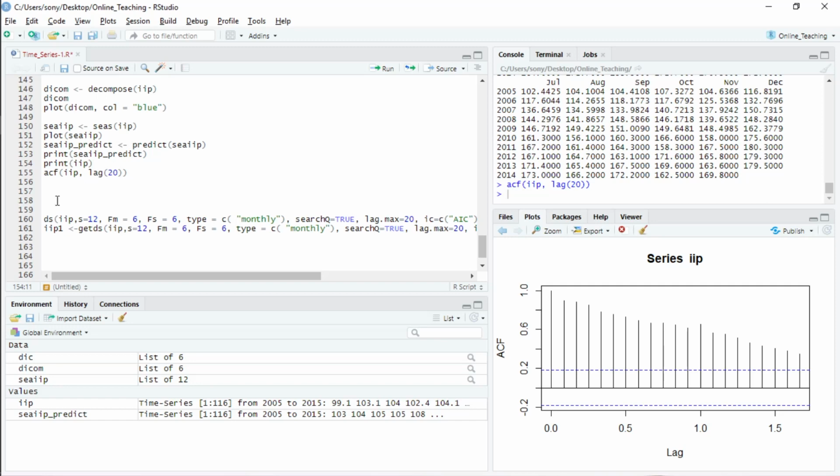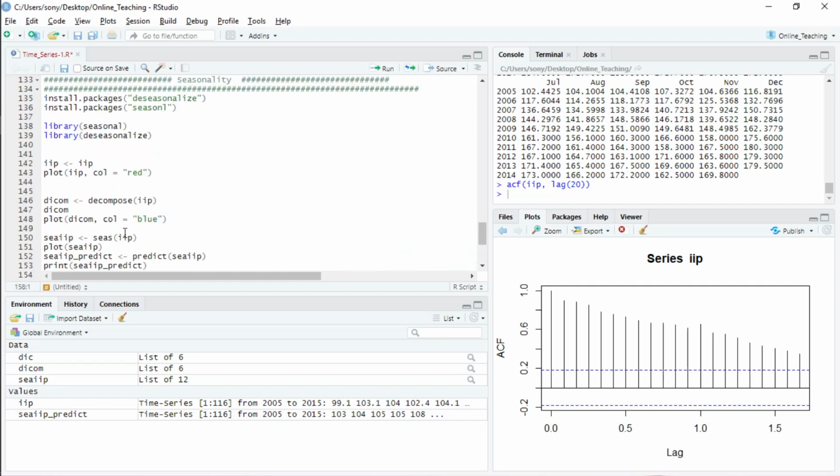This is about the first package, which was most recently introduced, on June 6th of this year. Then there is another package which people have been using for a long time, called the deseasonalized package.